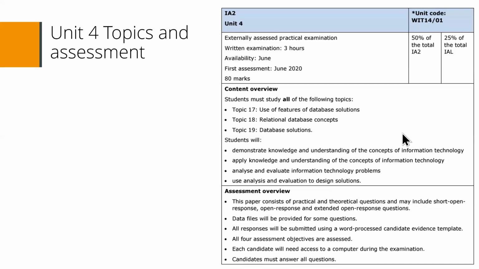Unit 4 then, and some of the comments I'm making here will also apply to Unit 2. You have a set of files provided to the students. They're given a set of problems. They will have both a written paper element and the practical element. At the end of the examination, they will be expected to place their files into a single folder, which is